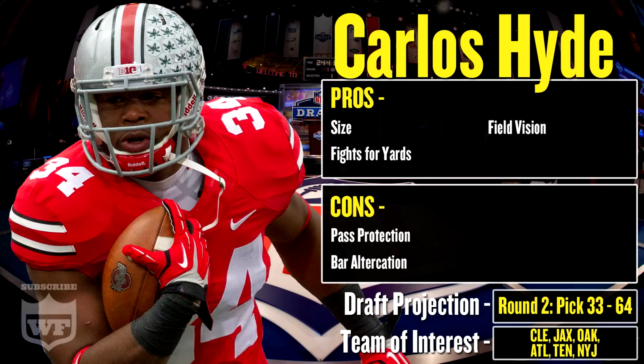Now, draft projection, I think he's going to be a day 2 type player. Definitely in the second round he should be considered, just because running backs usually aren't being taken in the first round like we used to see in the last couple of years. Last year there wasn't a running back taken in the first round. This year it might be the same thing. I don't think Carlos Hyde is definitely that first round type of running back, but I have him in that